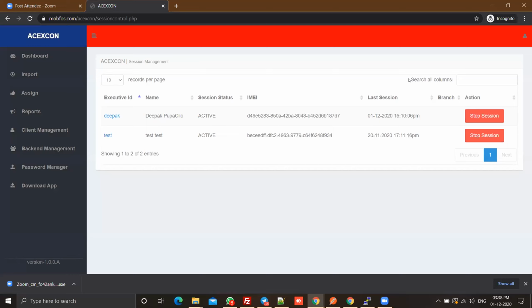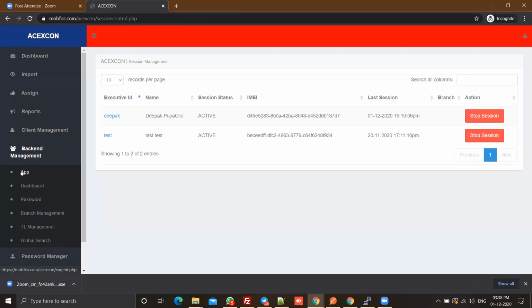This is a security feature wherein another person can't log in with a different device. It prevents people from making duplicate or incorrect entries, so they can't use a proxy, someone else, to act on their behalf. So this is the agent creation.